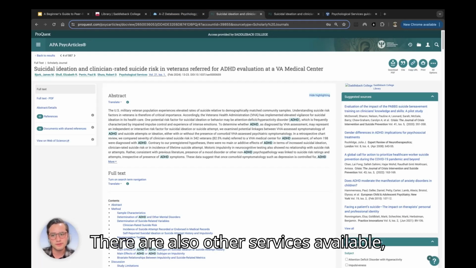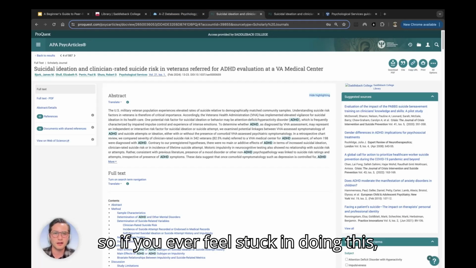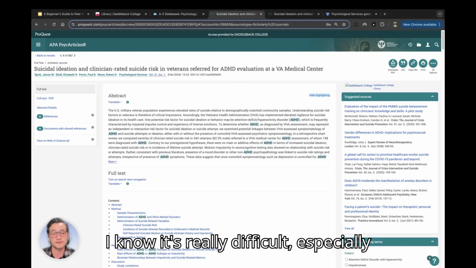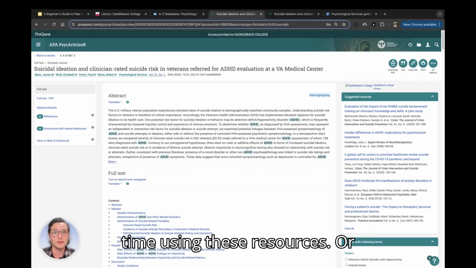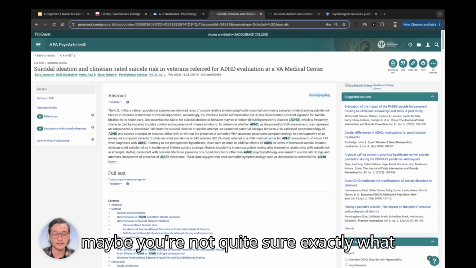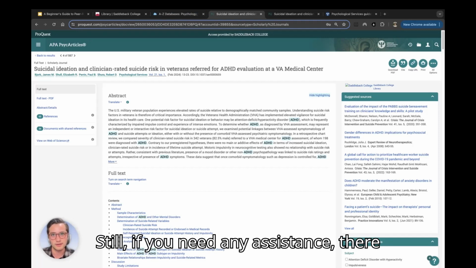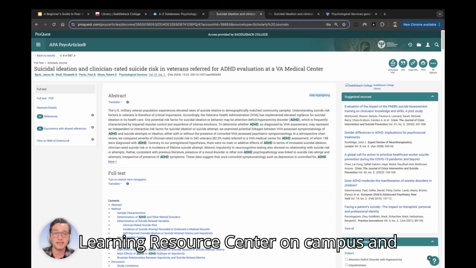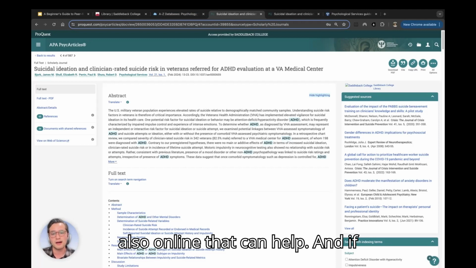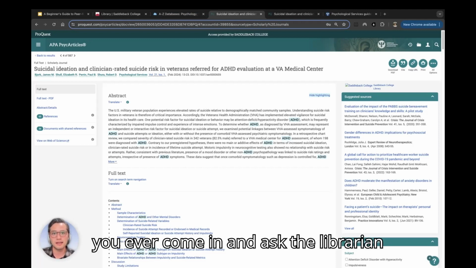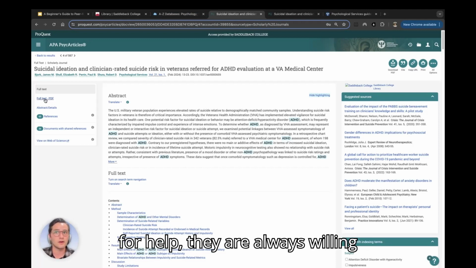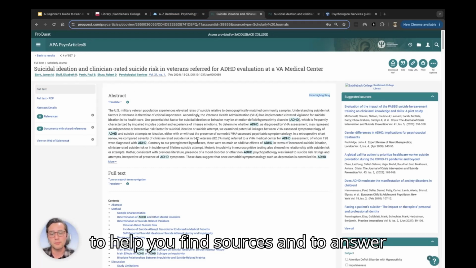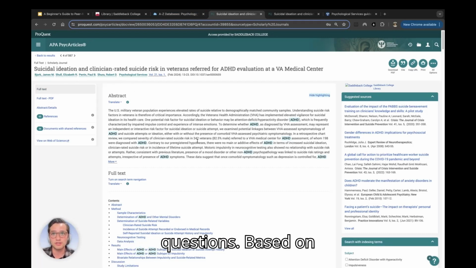There are also other services available. If you ever feel stuck in doing this, I know it's really difficult, especially if it's your first, second, third time using these resources, or maybe you're not quite sure exactly what a peer-reviewed journal article is still. If you need any assistance, there are tutors available in the Saddleback Learning Resource Center on campus and also online that can help. And if you ever come in and ask the librarian for help, they are always willing to help you find sources and to answer questions